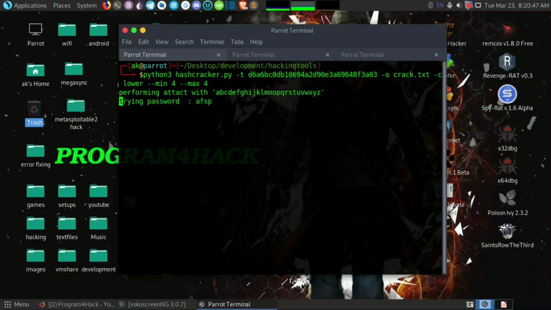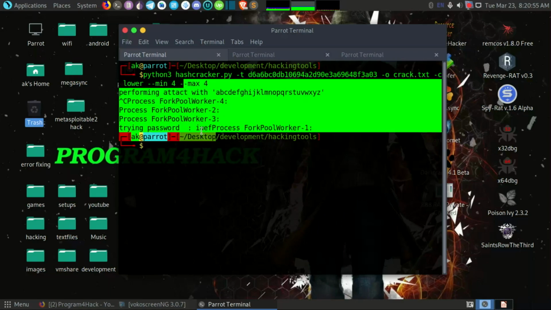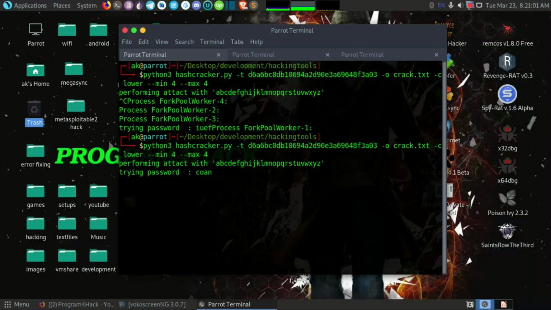Now if I hit enter, it will try to crack the hash, and if I stop the attack, you have seen that it is trying hashes and it has reached IUEF. And after it, if I again start the attack, you can see it has started again from A, and this will not be easy for you, because you will get furious if you want to start the attack